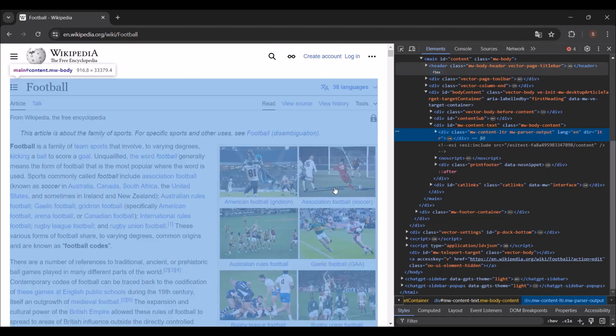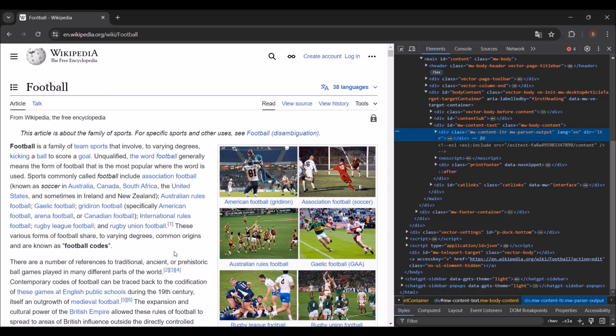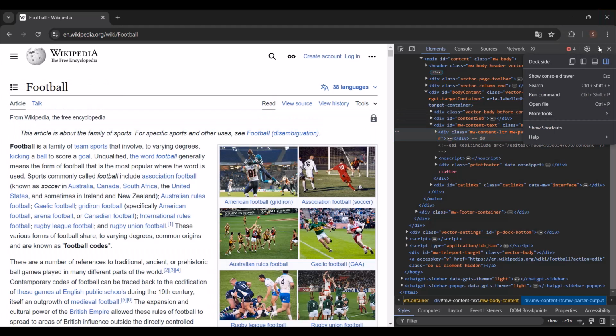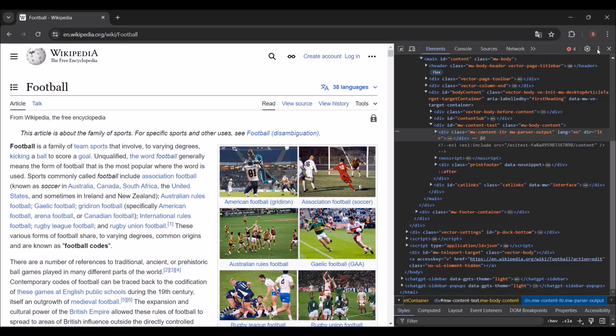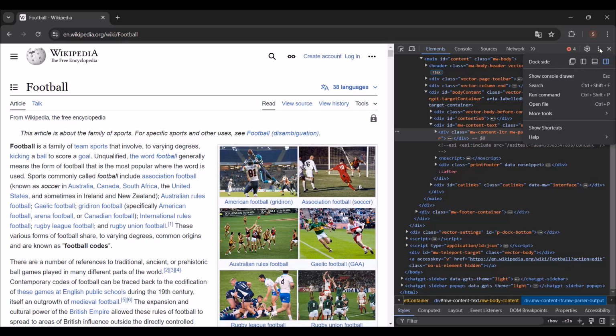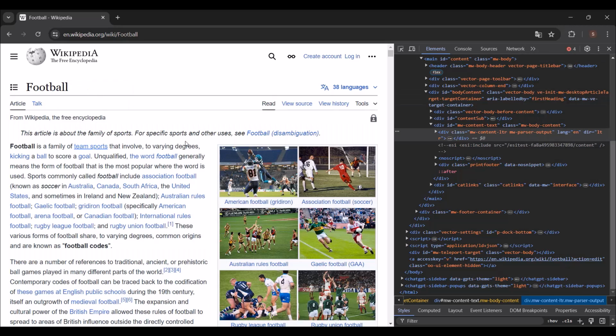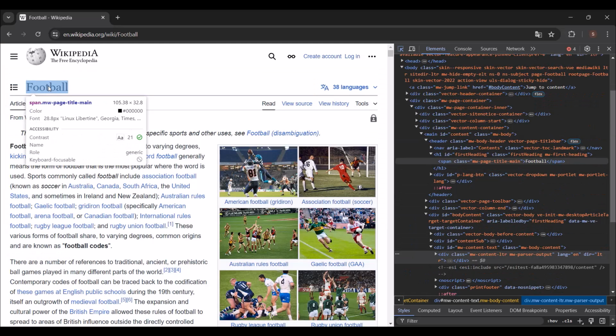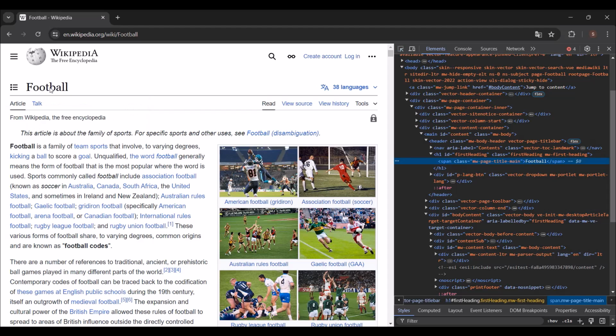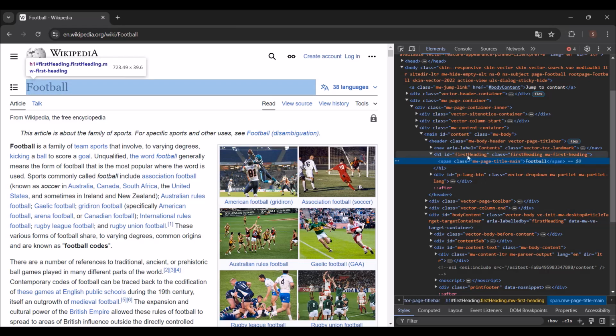And you will see this in a different place if you have different settings for the browser, but for me it's on the top right hand side, but you can change the position by clicking on these three dots and choosing one of those options. Now one thing that I want to show is that you can click on this button, you can choose an element, let's say football. I'm gonna click on it, and when I click on it, it's gonna be highlighted, and as you can see, we have here H1 and we have football. So this is an H1 football, and we have all other things here, the ID, the class.